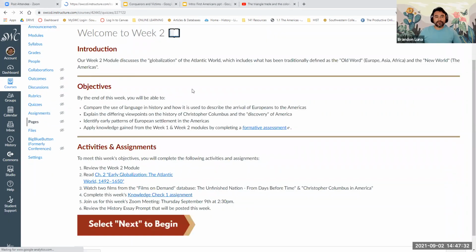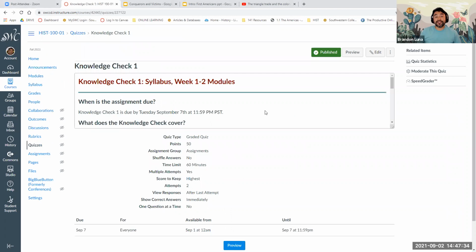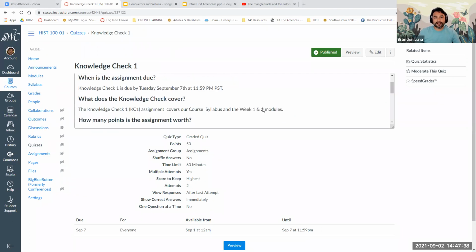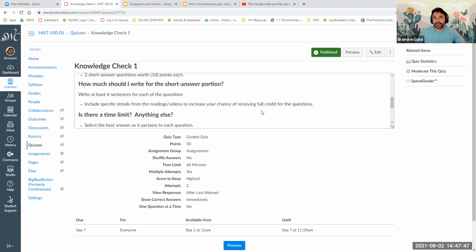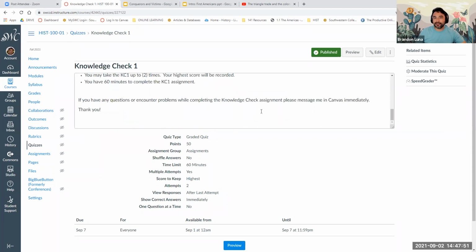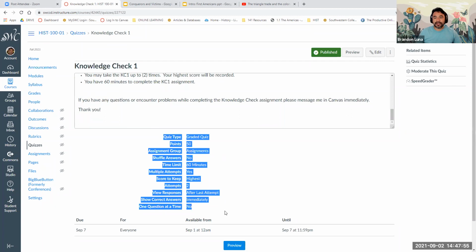Okay, so these are the questions that I was mentioning to you all right now, which is just covering the details of the knowledge check. And that's listed. You should be able to view that description without even opening the knowledge check. So you can always reference this. I try to set that up so it answers any questions you have before you take the quiz. And then you should also see this highlighted information before you even access or open up the knowledge check.